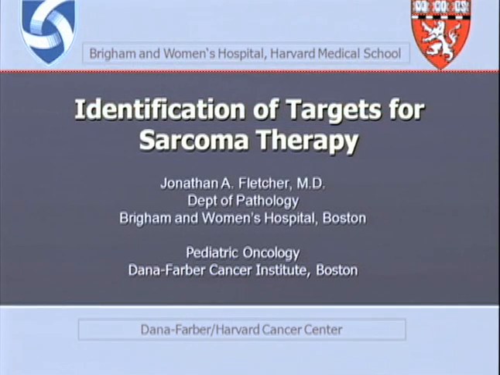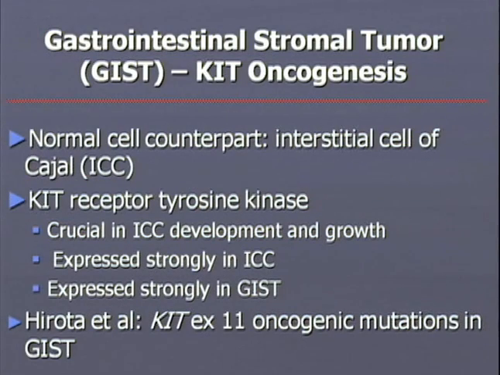I'm going to do, I hope this is a forward-looking talk, but I'm going to seize upon examples that have worked, hoping that those examples will provide some conviction in the audience that this process is productive and that we have much to look forward to. So with that in mind, the principle of the KIT receptor tyrosine kinase oncoproteins, of course, has been underscored very